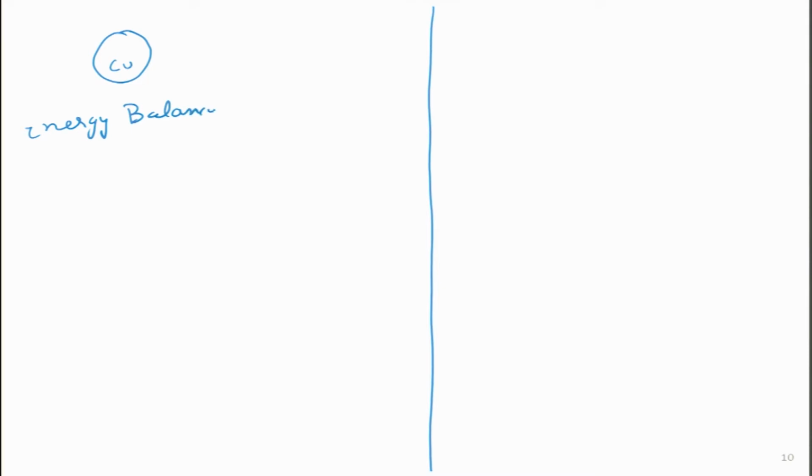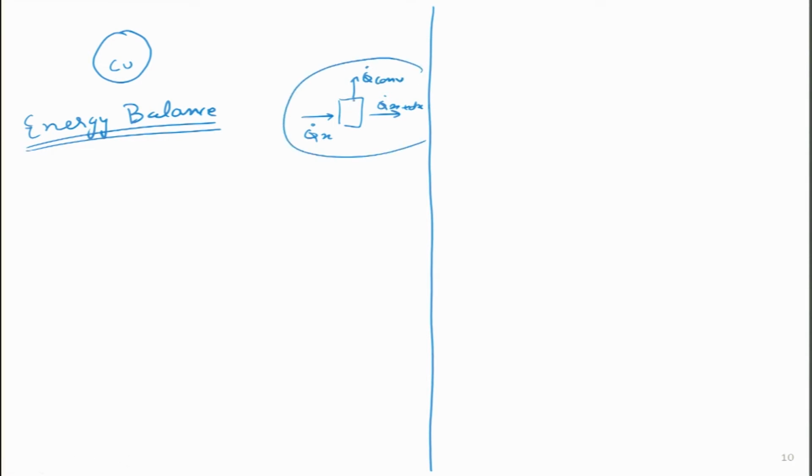So if you remember, till now in all the previous cases we have been doing energy balance in space. For instance, we were writing that over here q dot x is there, on this side q dot x plus delta x, and then in the case of fin, you remember we had a q dot convection term. So all these things were inside this particular box having the dimension dx, and all these were on the different sides, and this is a function of distance, because we have this subscript x plus dx over here. In transient analysis we will do something similar, but here the variable will be time.